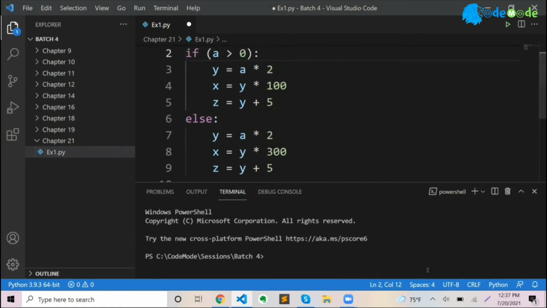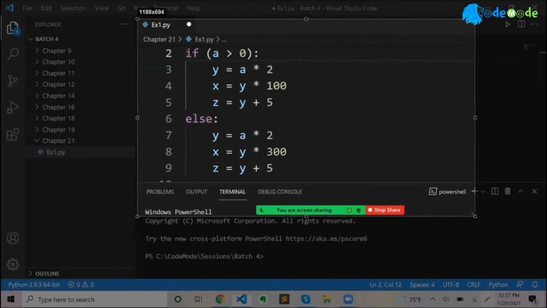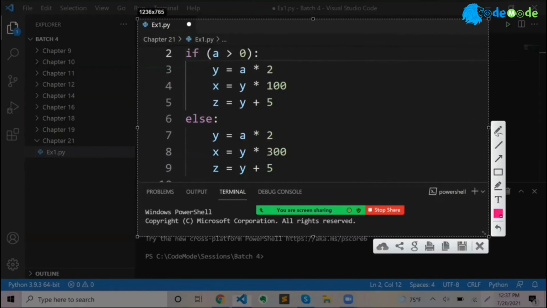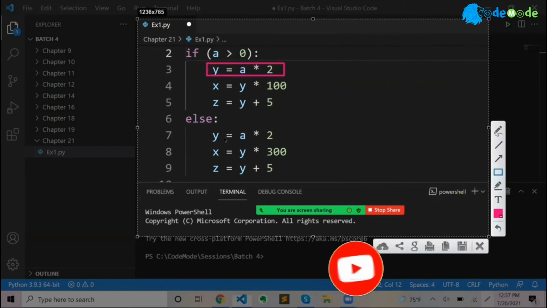Now pay attention in terms of the commonality. What we are learning right now is how to optimize your algorithm, how to remove the duplicate code that is unnecessarily going in the if also and else also. Okay? So this line of code and this line of code is exactly the same. It doesn't matter whether the number is positive or negative, right? A is greater than 0 or less than 0. You're doing the same thing.